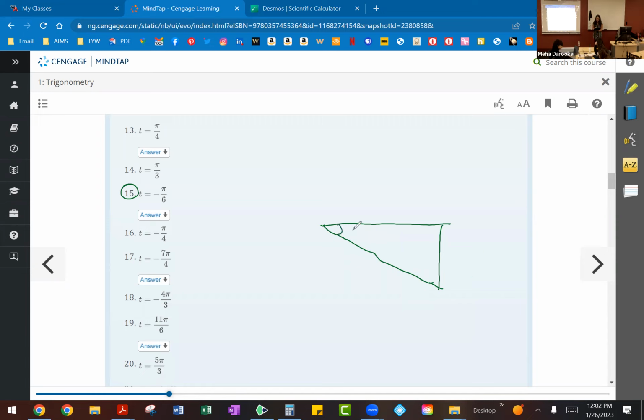Can you tell me in degrees what pi over 6 would come out to be? 30 degrees. So we can basically fall back on our 30, 60, and 90 degree triangle. So remember that ratio is 1 to 2 to square root of 3 for the 30, 60, 90, which these actually should be switched around if we're doing it this way. So 1 will go here, 2 is the largest number, it will go here. So that means square root of 3 will go here. So now remember, this is a quadrant 4